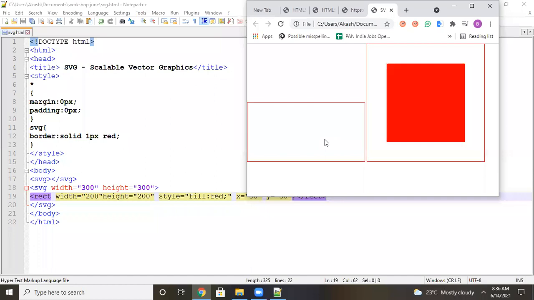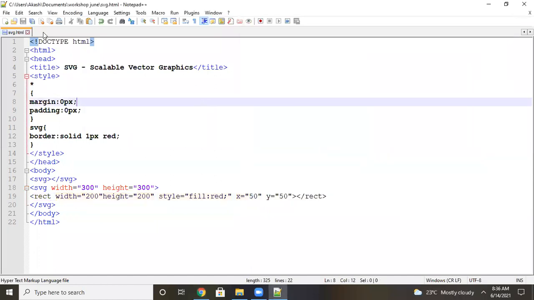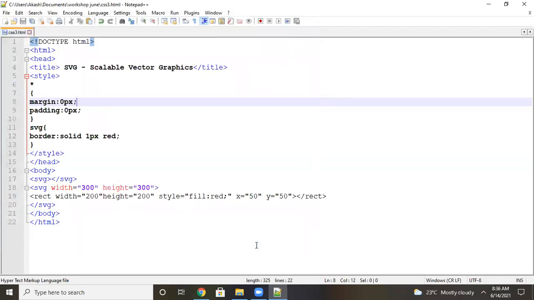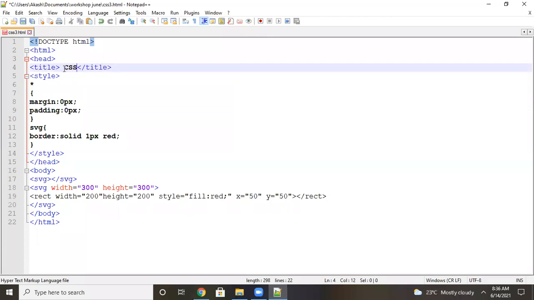Now see the next activity. I have introduced and explained the HTML5 features. Now I will come to CSS3. In CSS3, a few new properties were introduced. Let's say I will take that as a separate file, css3.html. Now I am making this file as CSS3. What is the meaning of CSS? Cascading Style Sheet. You know from yesterday what CSS does. CSS provides properties to the HTML tag, but in CSS3, advanced properties are introduced.